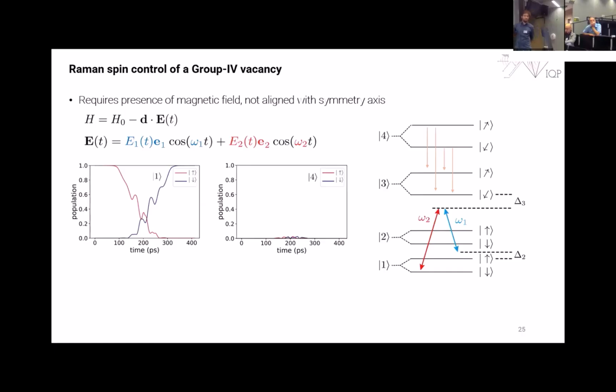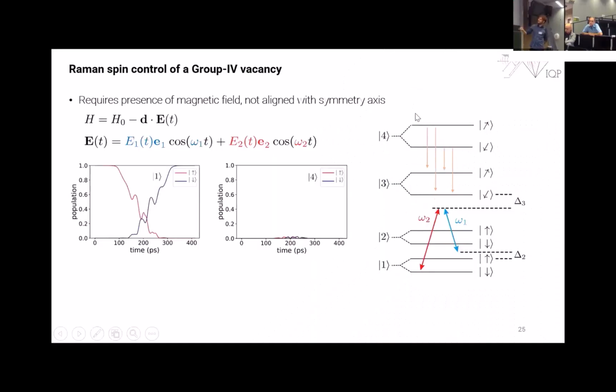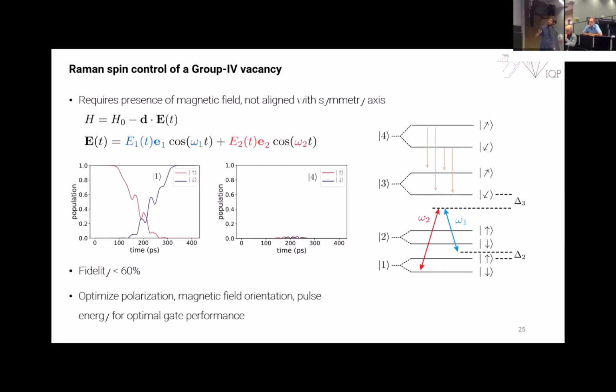But then if I introduce phononic effects, since the vacancy is coupled to a lattice, it will also couple to small distortions. These will introduce decay channels in my excited, and also actually in my ground state manifold. These are incoherent processes, and this little bit of transient population will completely kill the fidelity of this operation. So you have to take these into account and then optimize your gate, having these